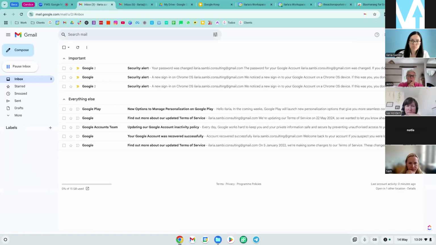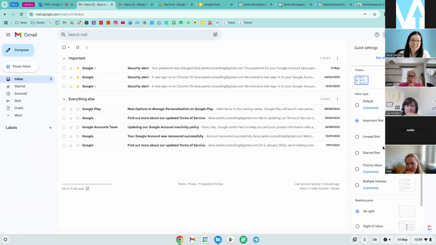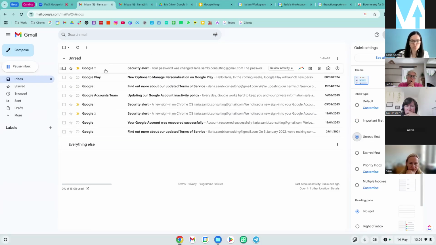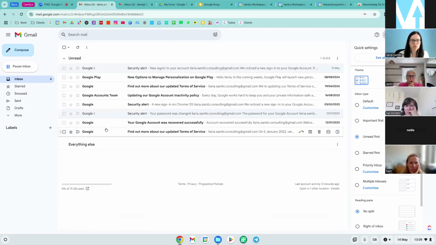So this is one option that could work for you. I'm not telling you which one is right and which one is wrong. I'll give you the options, and then you will have to, like I did in my time, play with all these options until you are sure that it is a system that works for you. So I like to do unread first. In this case, they're all unread, but let me take this important off, and let's say I open this one, I open that one, and I open that one.